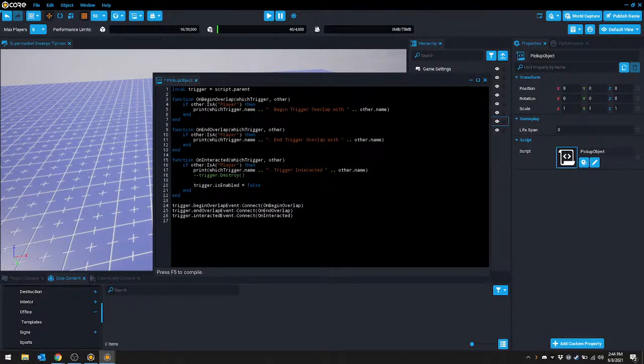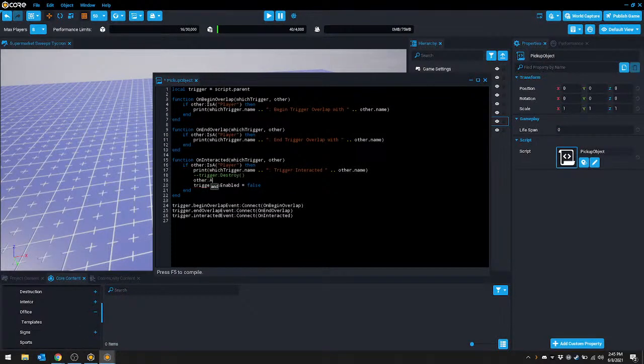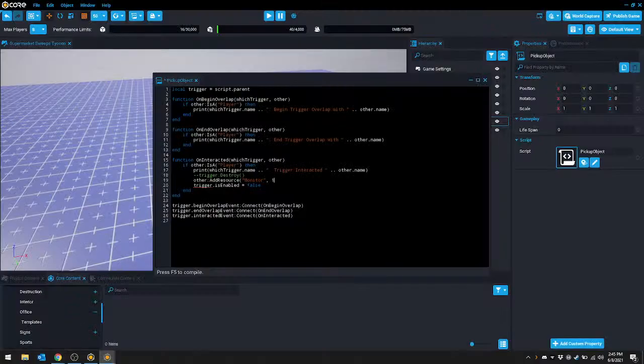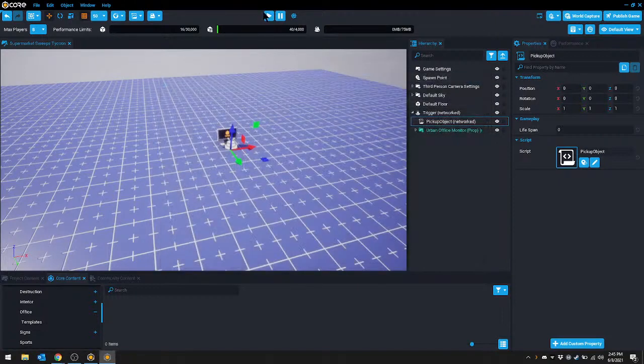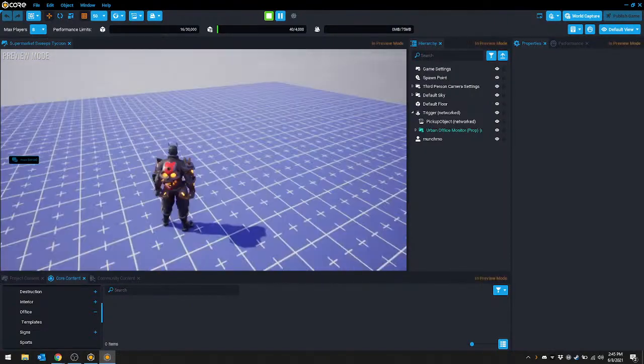Okay. Other, is it other? Colon, not period. Add resource. And then it's in quotes. Monitor, quote. I hate this, comma, 1, and there. Okay. Not sure what that's going to do exactly, but let's hit play. Walk over. It's going to error. It didn't error, so